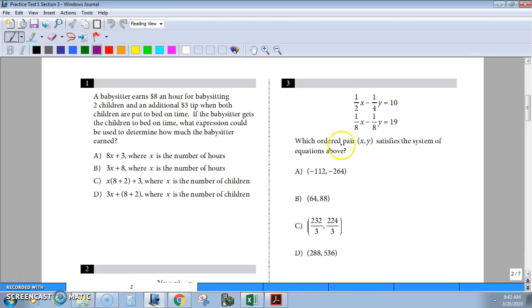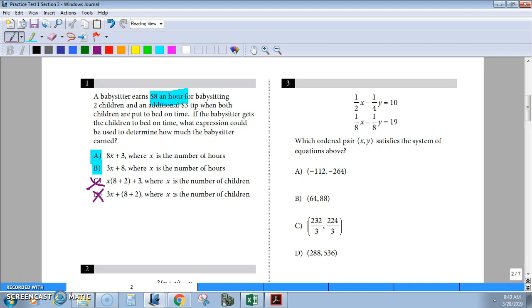A babysitter earns $8 an hour, so I'm going to stop you right there. We can already at this point eliminate a couple of things. I know if she's doing $8 per hour, then X has to be my number of hours. So it has to be A or B, and you can cancel out C or D. You can eliminate C or D at this point. So you've already upped your odds of even guessing at just 50% by reading the first like